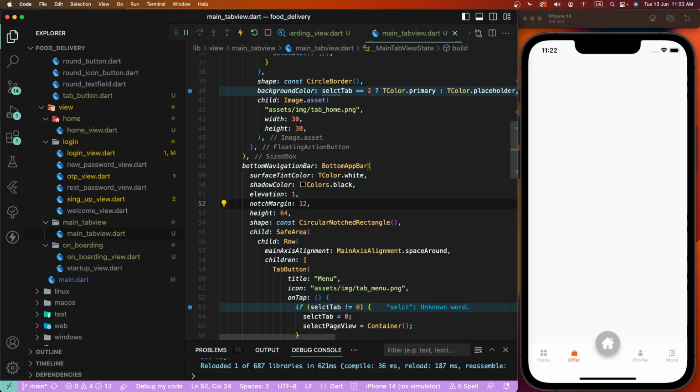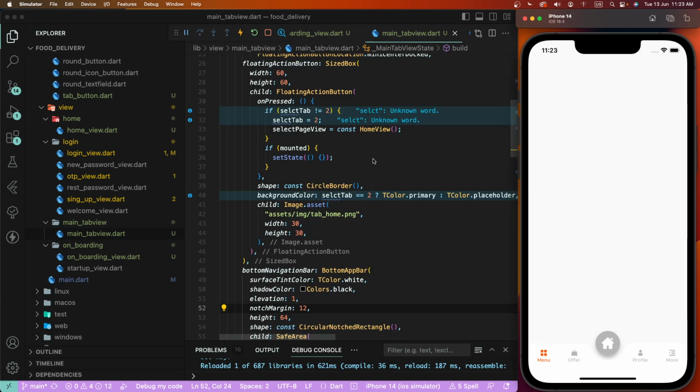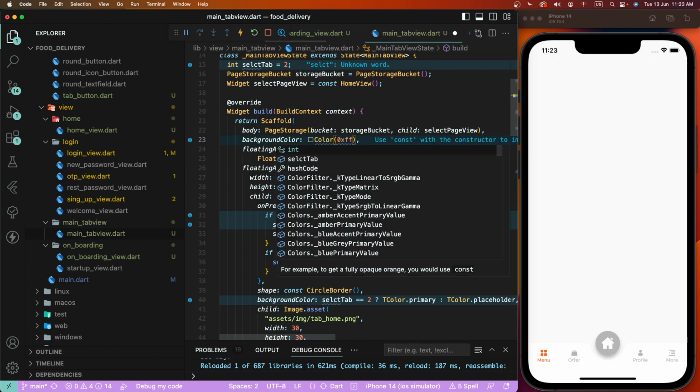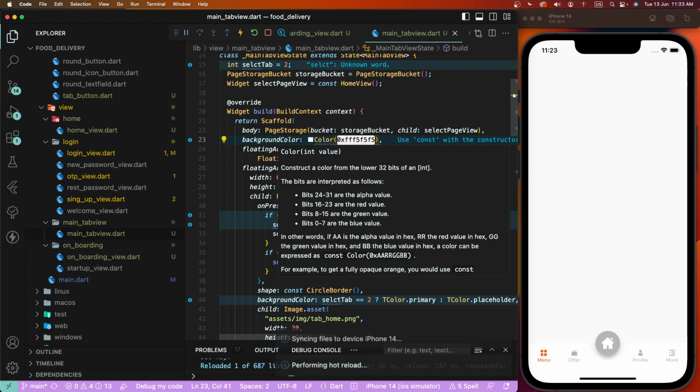Now display good. Now to set. Now we need to display here and